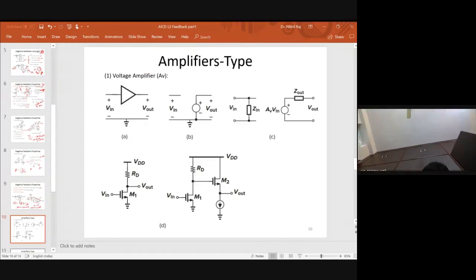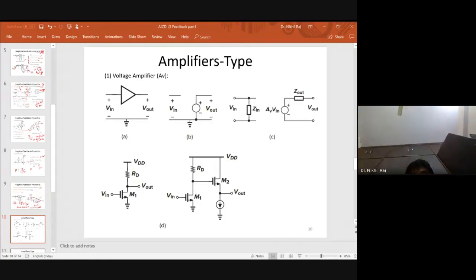So now we know the advantage of negative feedback, and we also know what changes if we apply negative feedback. The number one change will be in the gain, which will be reducing. The number two change will be in the input and output impedance, and the number three change will be in the bandwidth, which will be improving, and all are affected by the factor called 1 plus Aβ. Now we have to apply this negative feedback to our circuits.